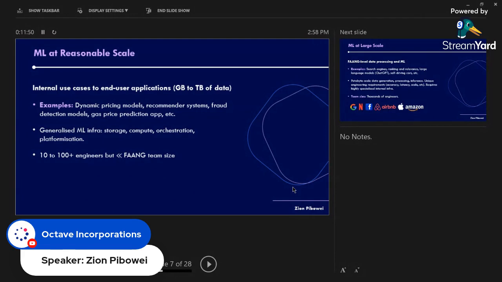You have recommendation systems. Now, these are the kind of systems that we can run at a reasonable scale, where you expect to have tens of thousands to hundreds of thousands to even millions of users on the platform. For this kind of systems, we now begin to think about creating an infrastructure to house our data, to house our models, and to also automate the entire pipeline that we are working with. In such organizations, you only talk about dozens to maybe 100 or 100 plus team members. You're not really going to be talking about thousands of team members.